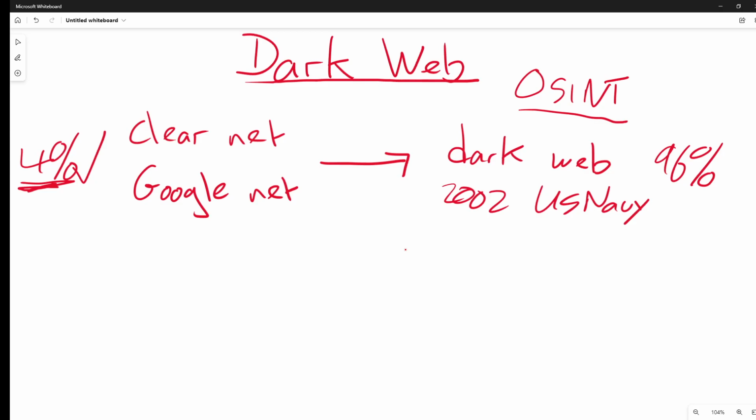The dark web also represents a secure means of communication for activists, human rights activists, journalists, and in recent times, whistleblowers. Julian Assange, for obvious reasons, is a huge user of the dark web by his own admission. And I think we all agree that that's a very prudent way for him to conduct his activities.